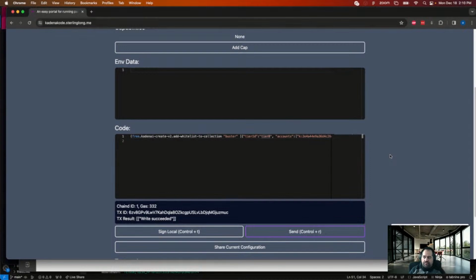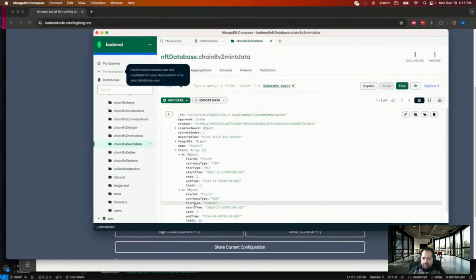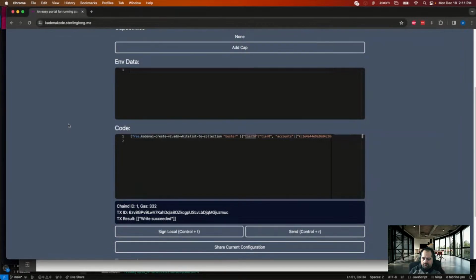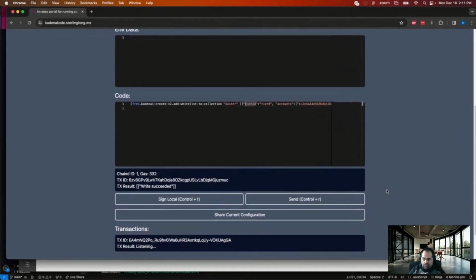Visually, actually, I have a site for all this, but visually, this is very easy stuff to visualize. You would just look at this as you have a form with a drop down that includes the tiers, right? And I have the tiers in my data structure here. So we would list the tiers, and then I would list everybody who's whitelisted in here, so you could add or remove whitelisted participants. Pretty simple way to handle it. Once this transaction's done, we're going to try sending that mint request again.